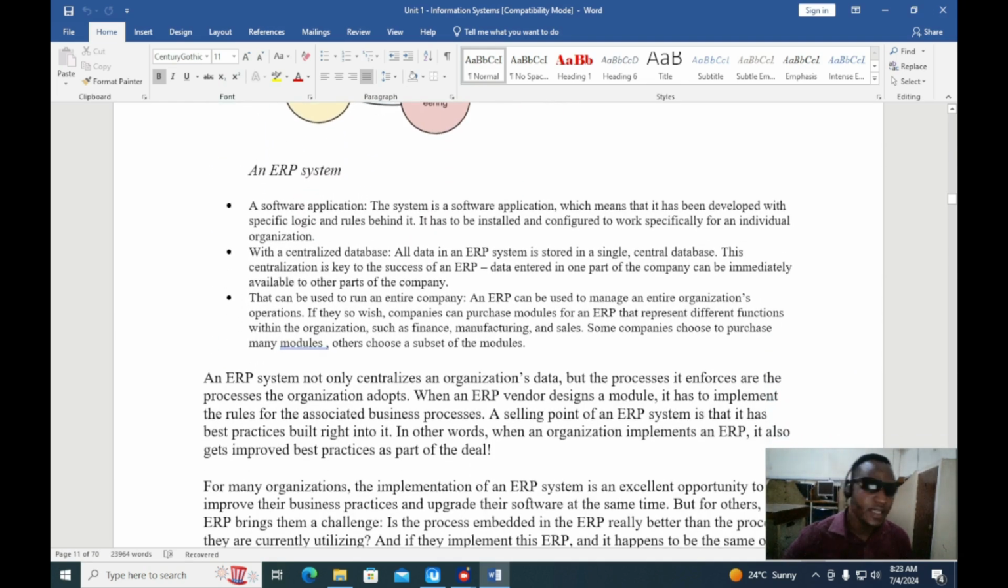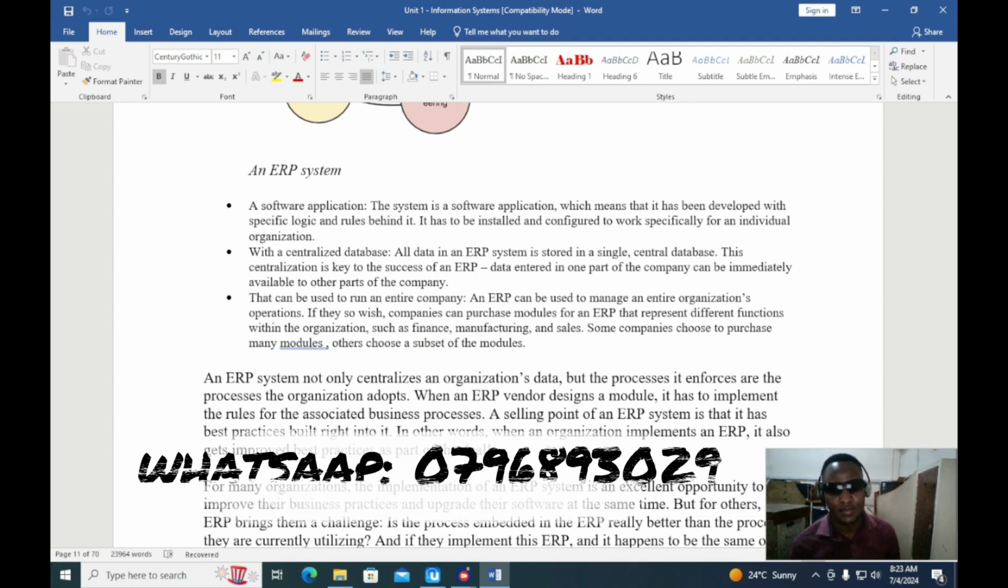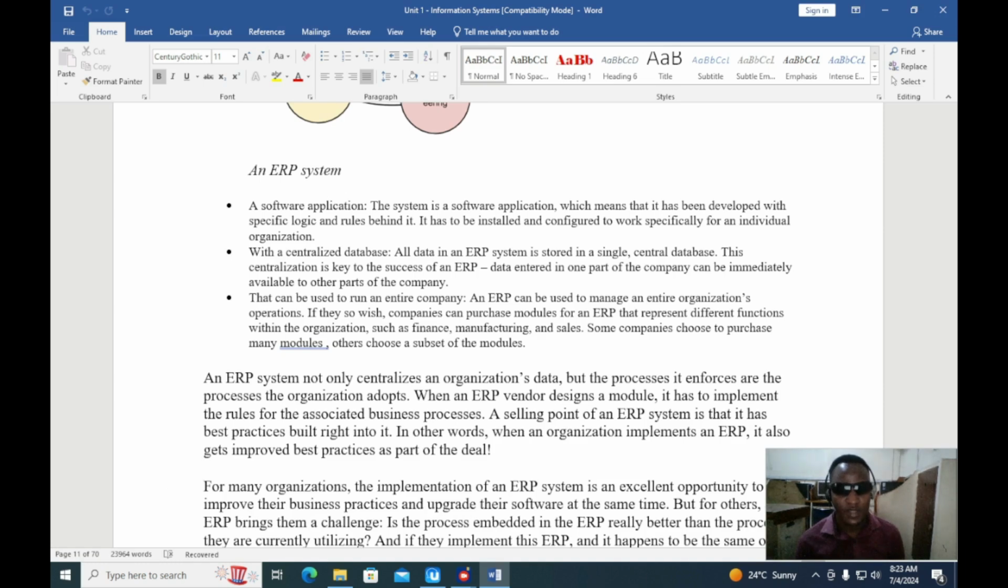An ERP system, we need to know that, one, it is a software application. This simply means that people developed it with specific logic and rules behind the operation of that system. After it is developed, it has to be installed, put in the machine, and configured to make sure that it is working for a specific organization or individual. Number two,